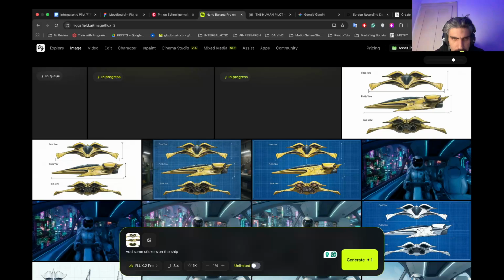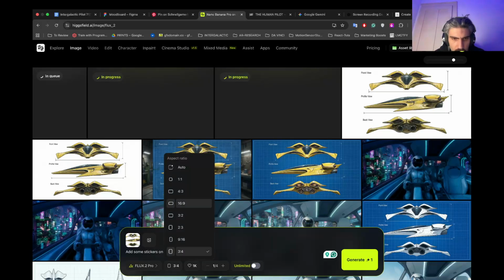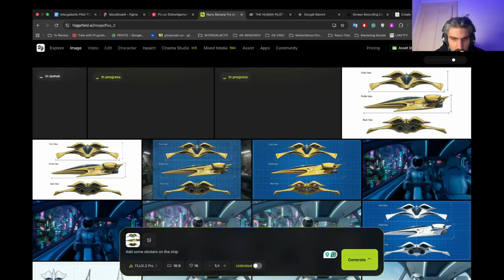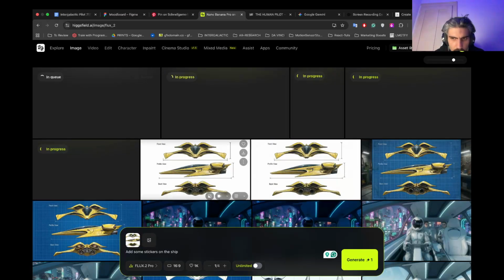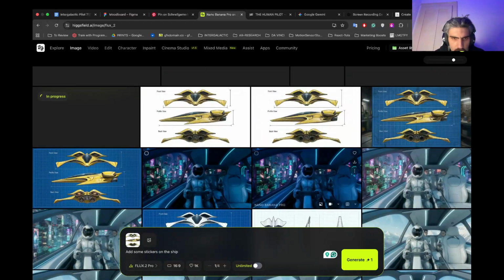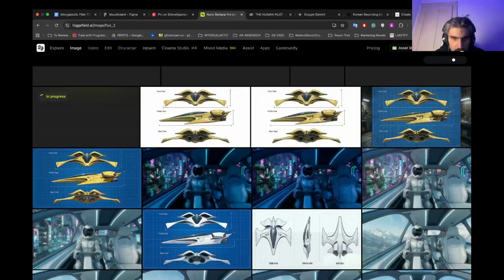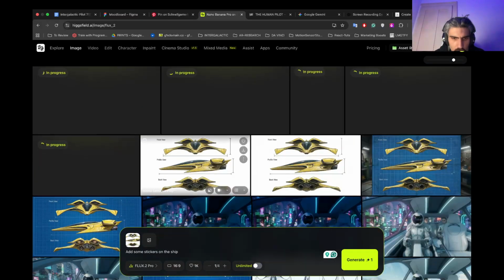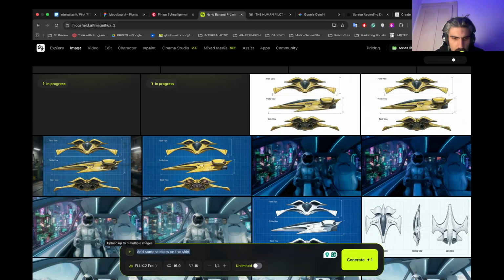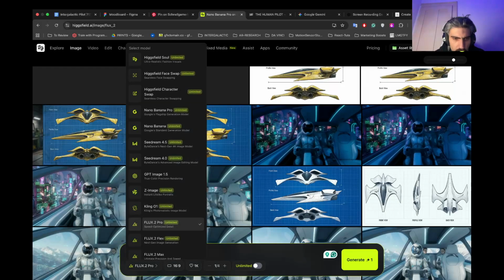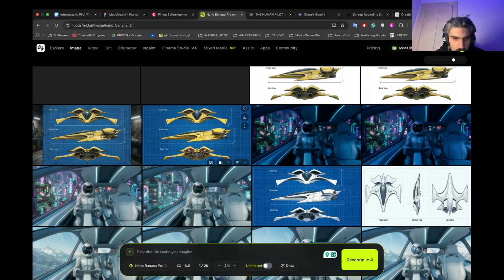Okay, just curious what we'll get with Flux. Oh, this one will be in a bad format, no problem. Now we got a ship. Okay, also, let's... accidentally pressed enter. We get back to Nano Banana Pro,